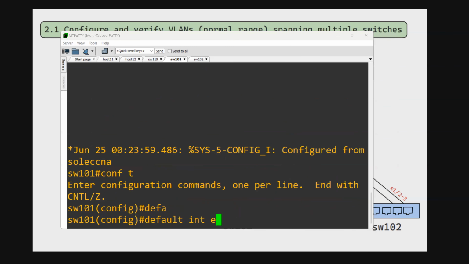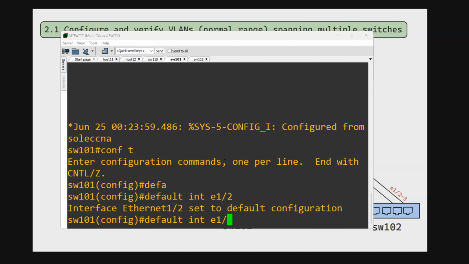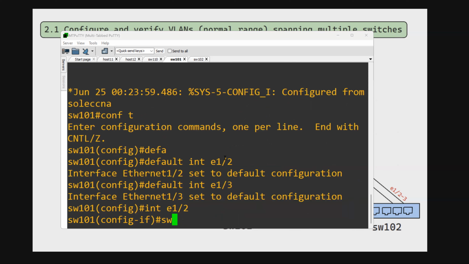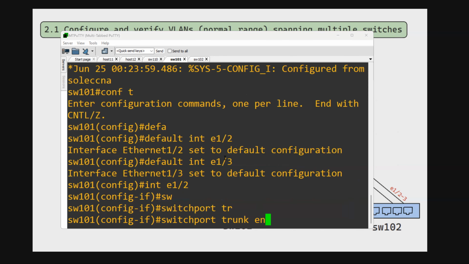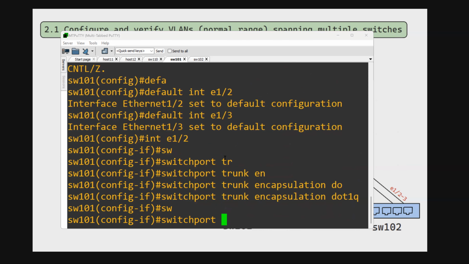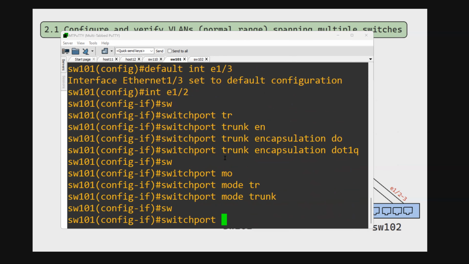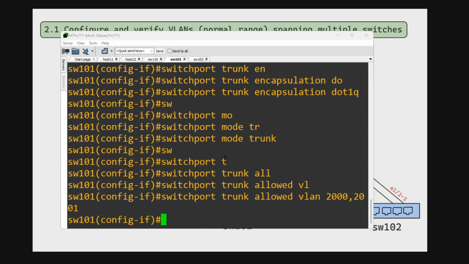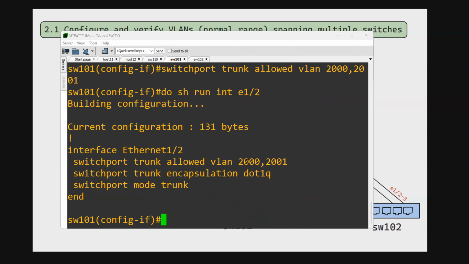E1/2 and 1/3. Okay, no problem. So I can go to interface E1/2. See, switchport trunk encapsulation dot1q, switchport mode trunk, switchport trunk allowed VLAN, suppose 2000 and 2001. I'll give both. You can see that at the moment with the same single command we have added two VLANs over the